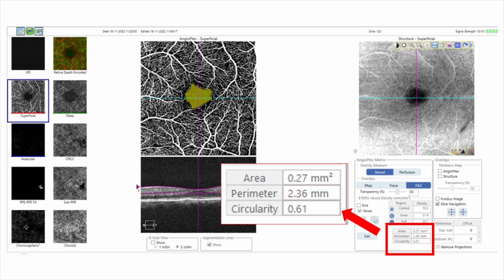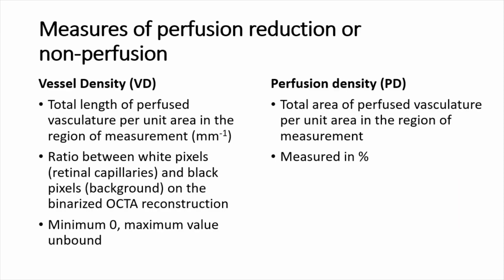This we can get only if we've asked for it. This is not usually present in the reports which we get, but if we want it to be calculated, we can calculate it from the scans which are taken. The other two important ones are the vessel density and the perfusion density. The vessel density is the total length of the perfused vasculature per unit area in the region of the measurement. It is basically the ratio between the white pixels, which are the retinal capillaries, and the black pixels on the binarized